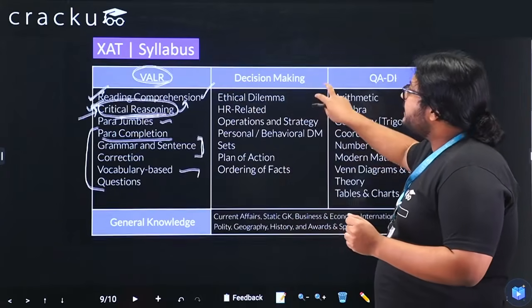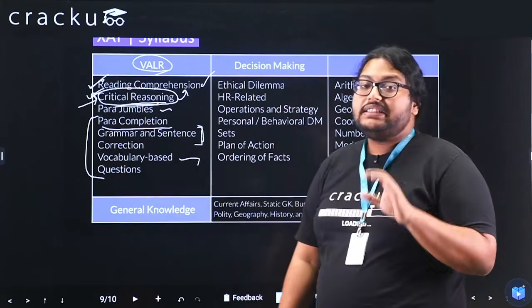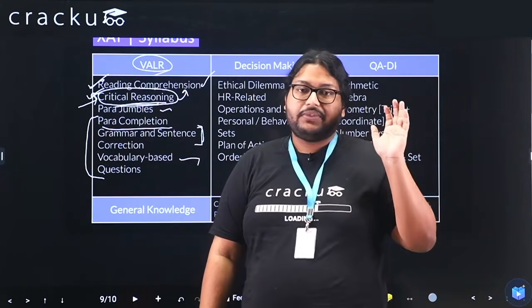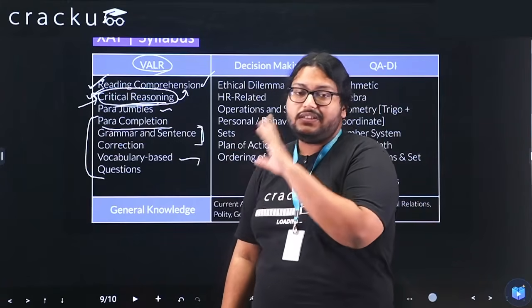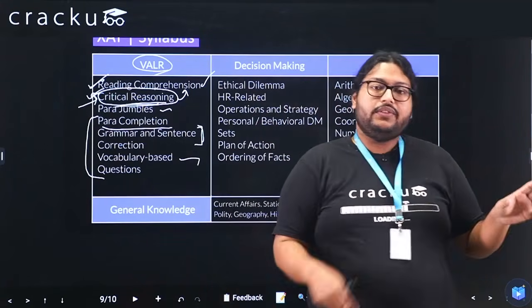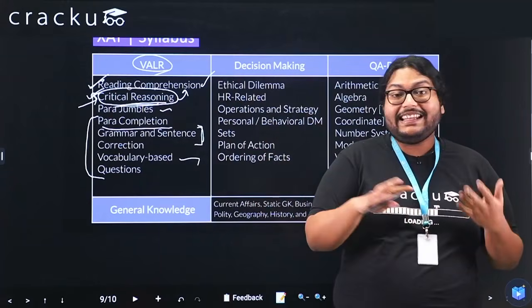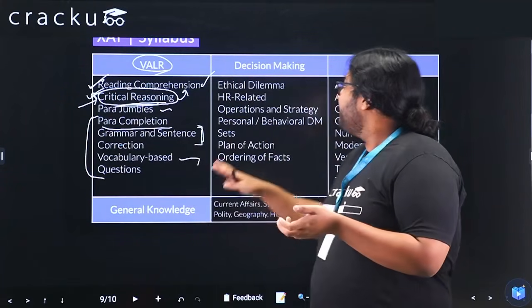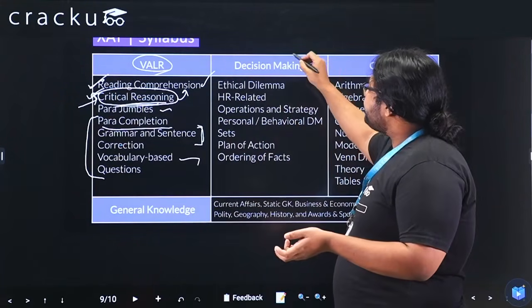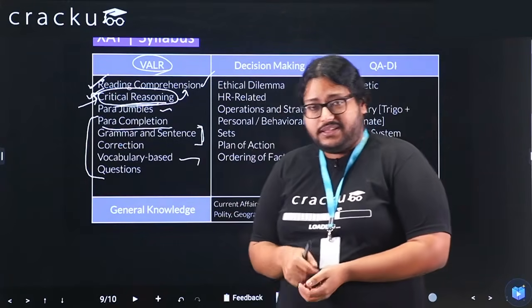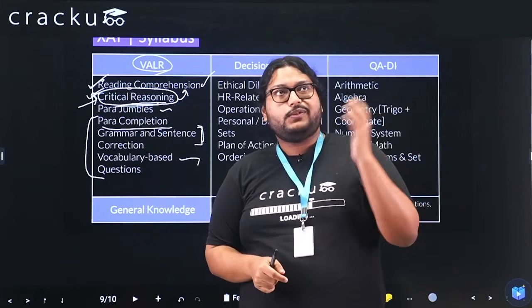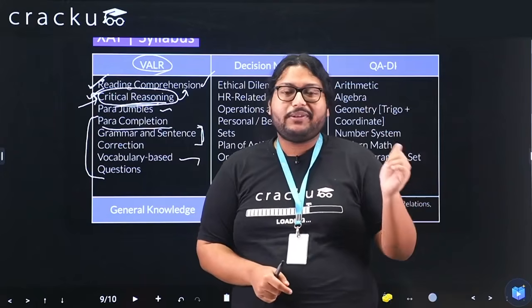Next, we have the decision making set. Now this is the star maker. This is a section which is totally new for an average CAT aspirant. This is a section which you will not find in any other exams as such. The thing with this is you'll probably not score a lot here. So do we not prepare for it? No, we have to prepare for it because we need to